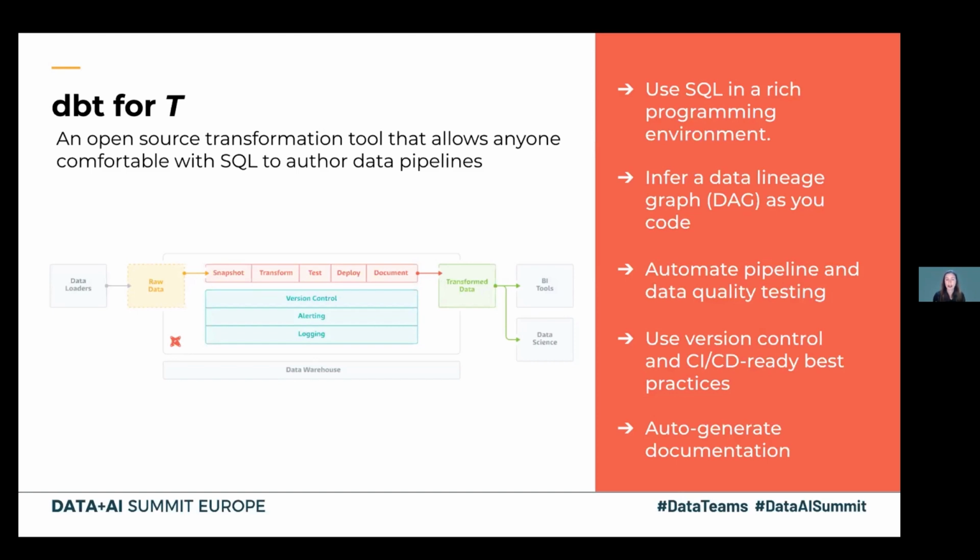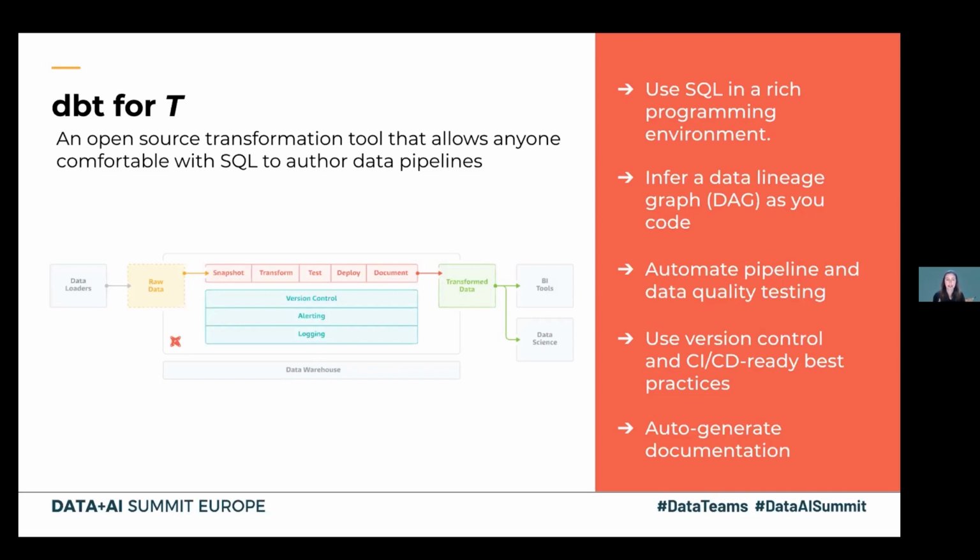dbt also includes a set of tools that help you automate testing for your data pipeline. So both being able to figure out whether something's not going to run and it's going to break, and then also being able to have people run tests so they understand changes in the underlying data that are ingested into Delta Lake.